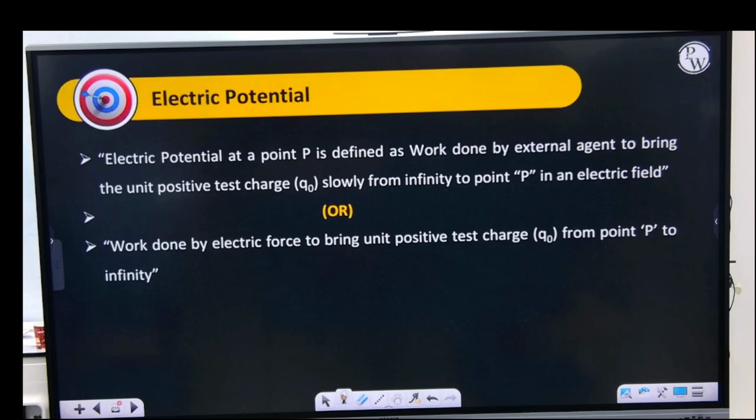Is potential a scalar quantity or a vector quantity? Potential or potential energy? Potential energy is scalar, it's energy. Whatever, potential. How do we define potential? Finally, what is the answer we got? Line integral of E dot dr. Dot product. Scalar. The answer will be scalar.